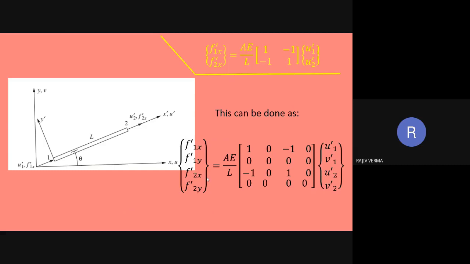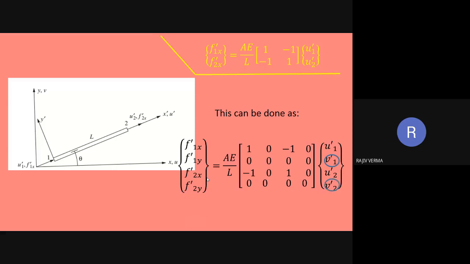And since there is no deformation along the y-axis and correspondingly no forces acting along the y-axis in the local frame, we have introduced these two equations by placing plenty of zeros in the matrix,